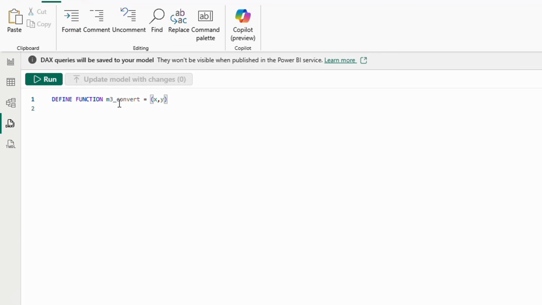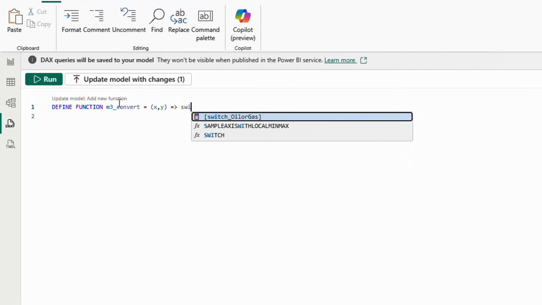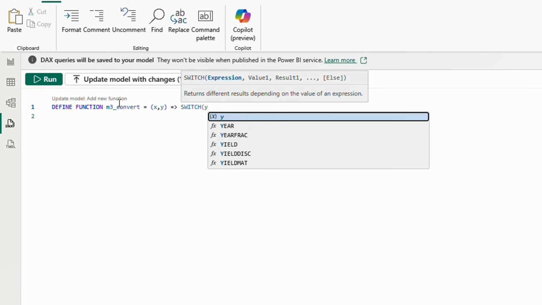Basically, I need two parameters. My first parameter is going to be oil production, and the second parameter is going to be the unit of the oil production, the original unit, right? And after that, you're going to put this sign to define your function. Here, what I want is that depending on the original unit of oil production, I'm going to multiply x by the conversion factor. So here I'm going to use the switch function and say that if y,